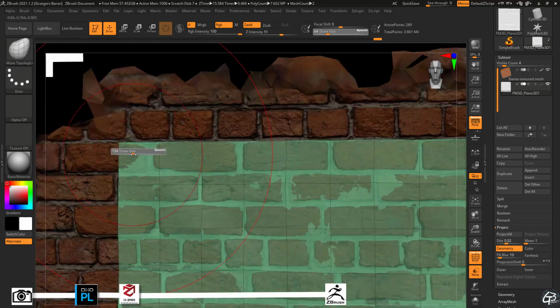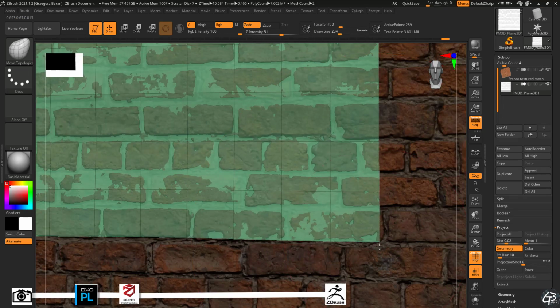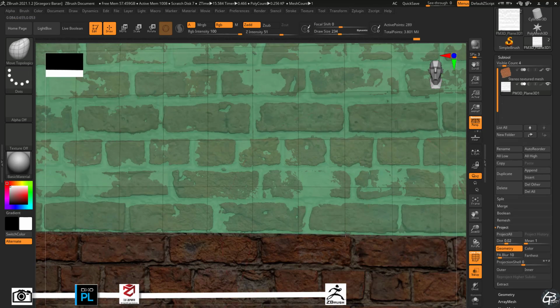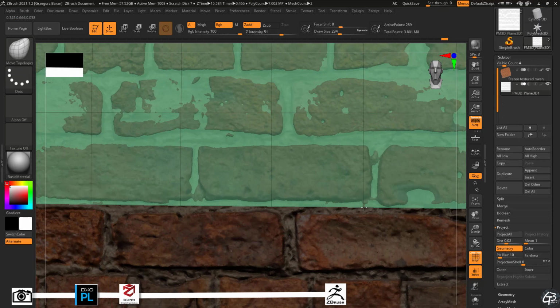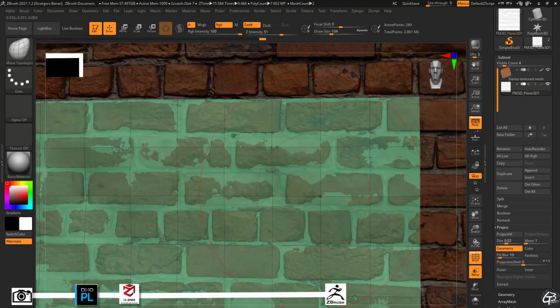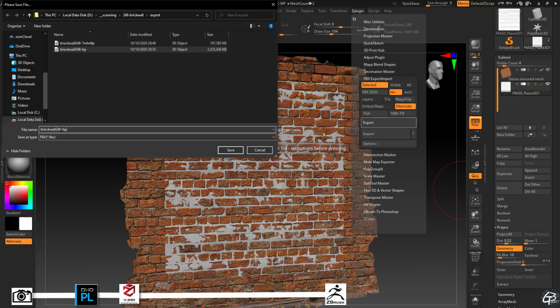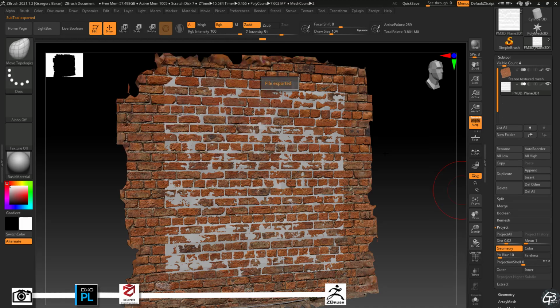Now let's align the top and the bottom edge manually with the gap between bricks. Okay, I think we are done here and we can export the 3D plane as a low poly model.